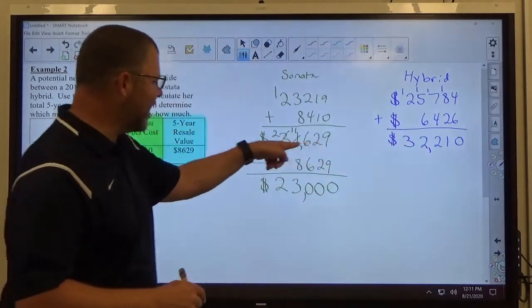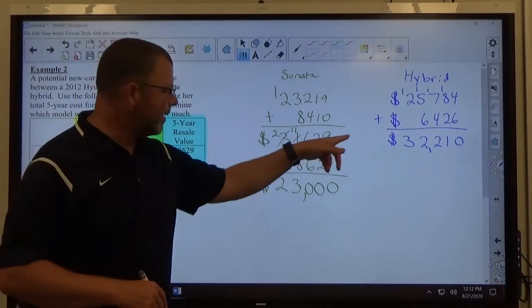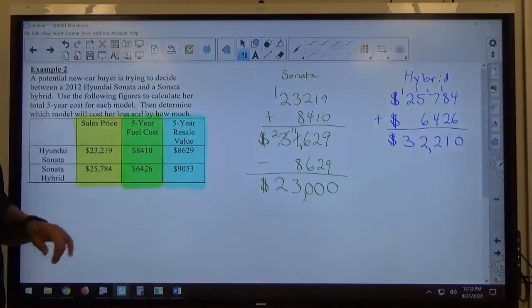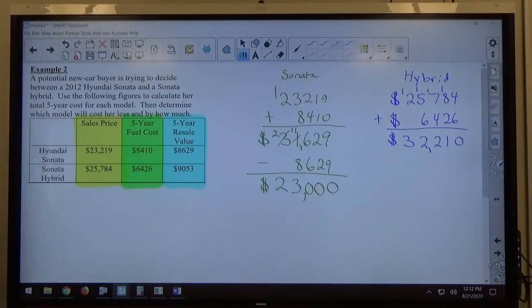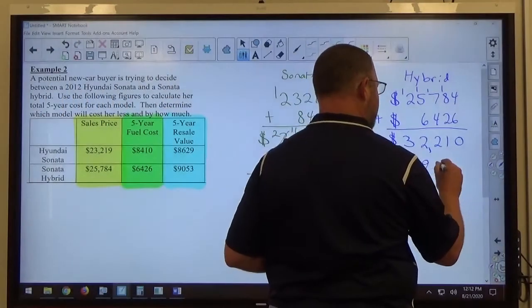Which you can see is slightly higher than the Sonata. This was a little bit more than $2,000 more. This is about $600 more. So she actually is almost breaking even, but she's still spending more money out of pocket on the Hybrid. But then she goes and sells it for $9,053. So if we subtract $9,053 from this,